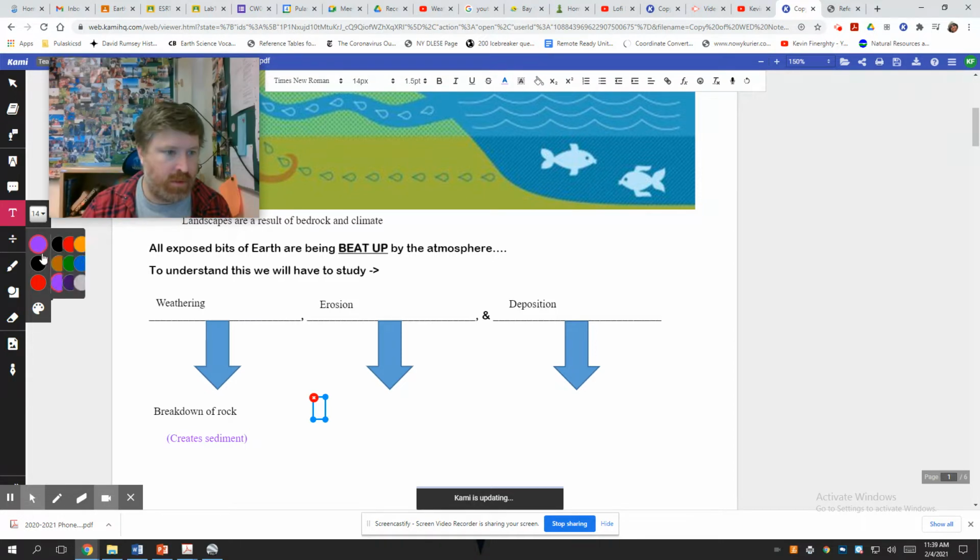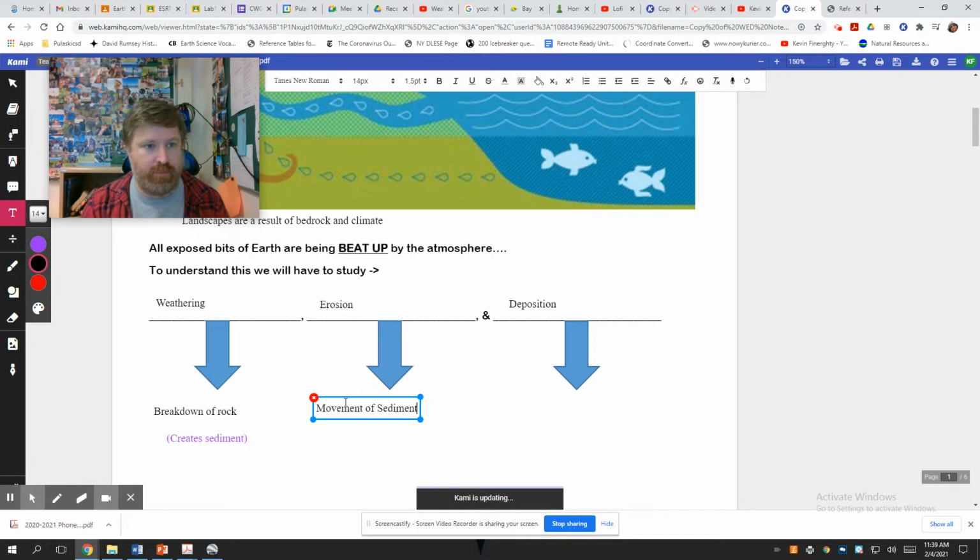Erosion, I'll go back to black if it matters, is the movement of sediments. If you've ever heard somebody say, "Oh, my land is eroding," like a river's going by, or you've got a ditch at the end where meltwater runs down and you see it getting brown and muddy, that's eroding particles. You're losing your land. It's being moved by natural forces, wind, water, waves, things like that. And then eventually, as that stuff all moves downstream, it'll get dropped off